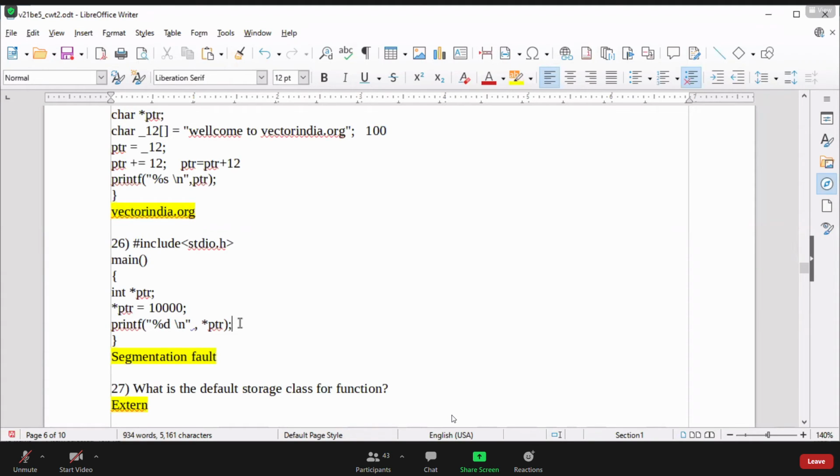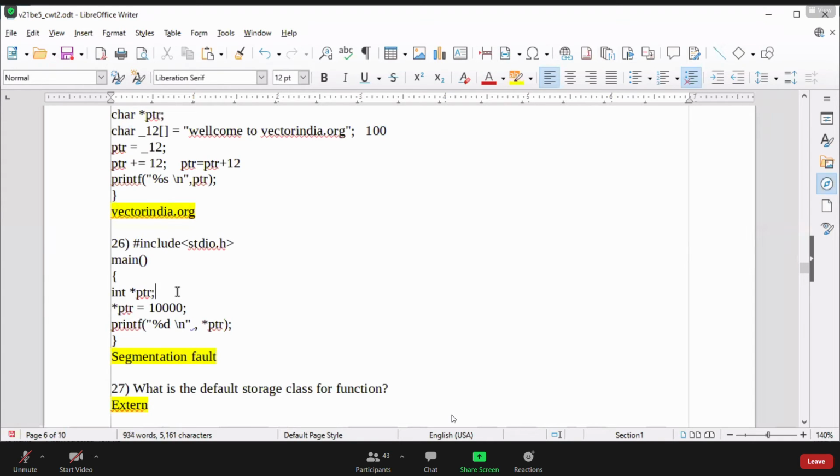Question number 26. This discussion happens many times in class also, in lab also. First of all, only that concept you need to understand: where is the pointer pointing? Is pointer having any valid location?